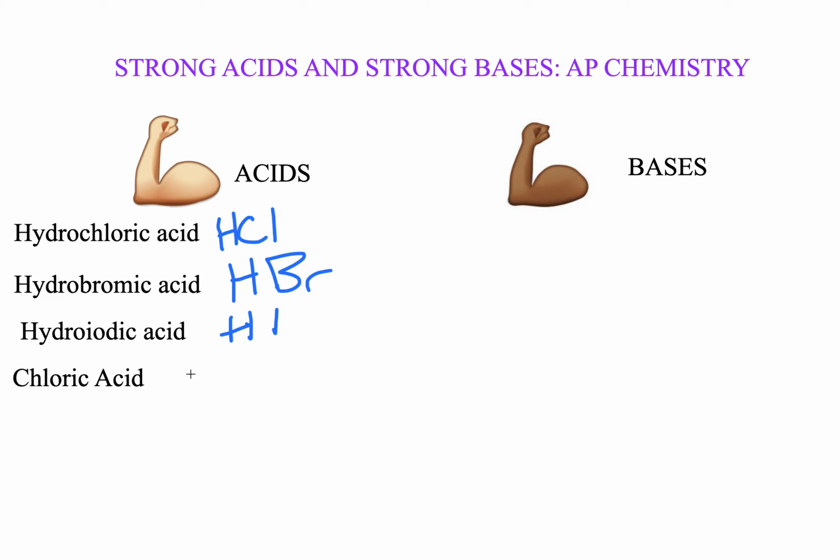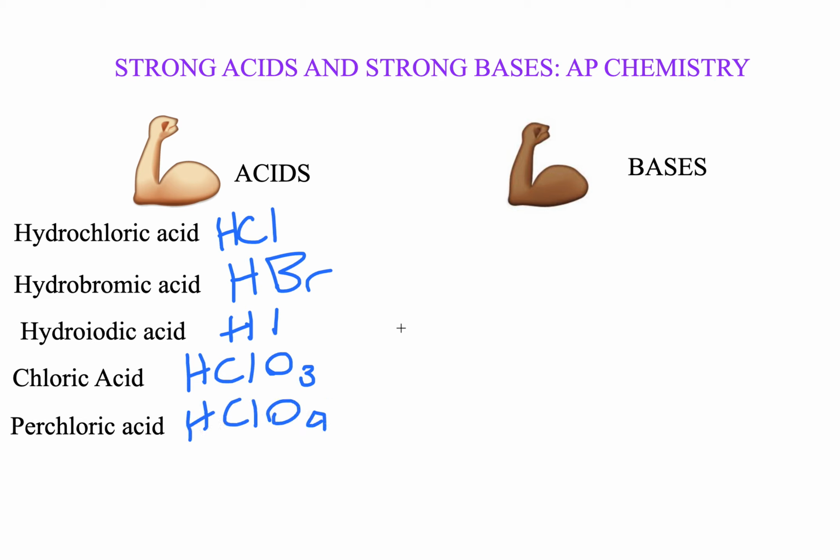The next one is chloric acid. And this one is HClO3. Another strong acid is perchloric acid, which is HClO4. Notice how this is O3, this is O4, and adding one more oxygen, you just add a "per" in front